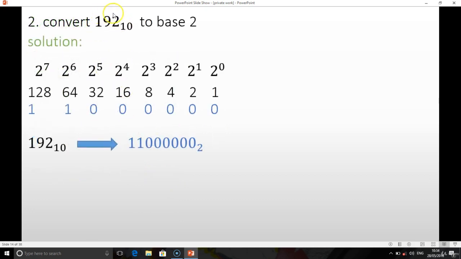So another example: to convert 192 base 10 to base 2. We're also going to bring out our figures. This is what we need to convert: 128 down to 1. So 192. Yes, we can start from 128, because it's lesser than 192. So we can put our 1 here. We go to the next value, 64. Okay, 128 plus 64 will give us 192. So we don't need to add further. So it will just be our 1 here, our 1 here, and the rest of it will be 0. So we have to express it that way: 1, 1, and 0s, base 2.